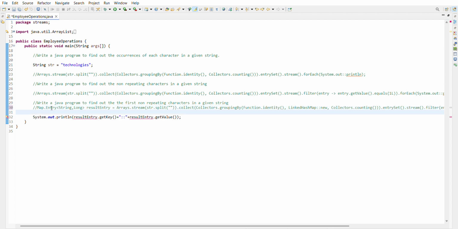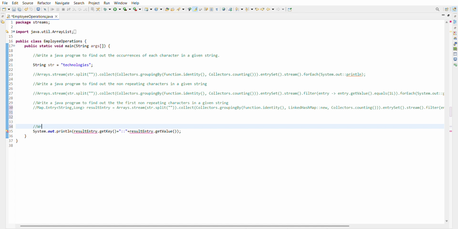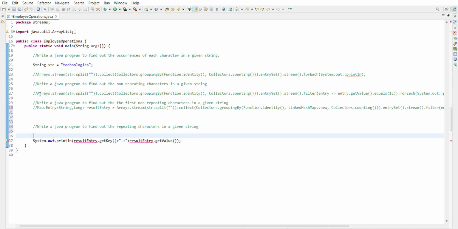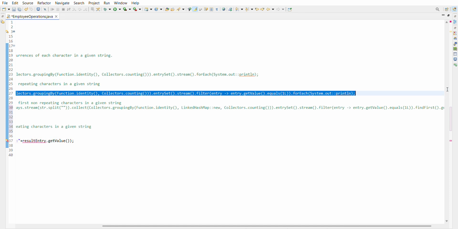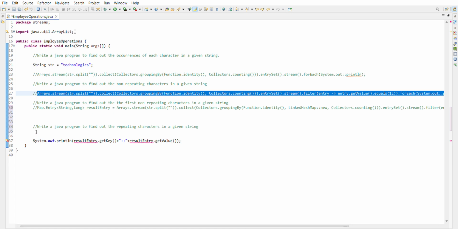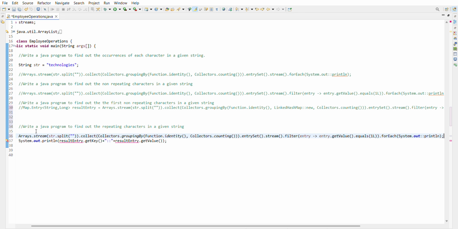Now what I will do, fourth scenario, write a Java program to find out the repeating characters alone. Repeating characters in a given string, I mean duplicates. So what we can do, same logic. So here instead of 1L,